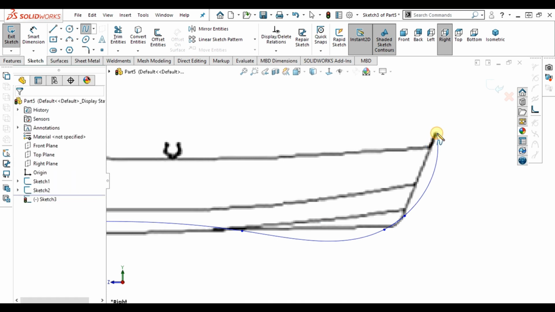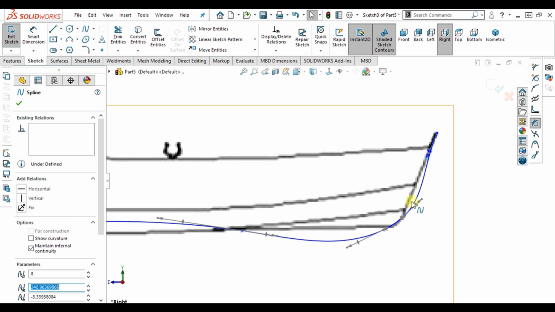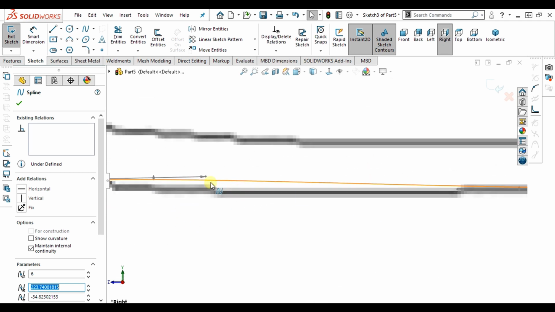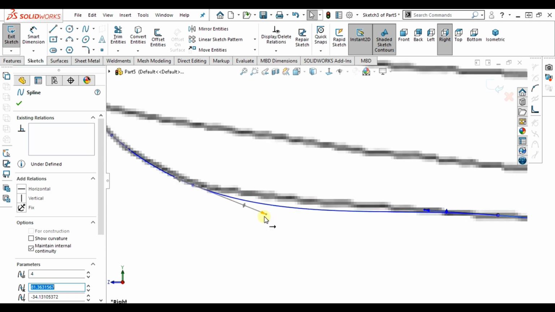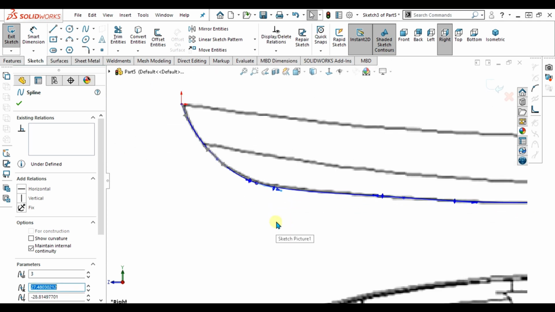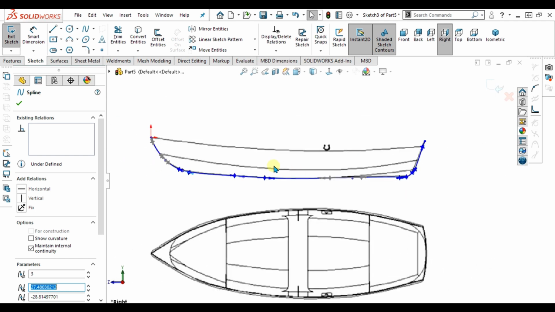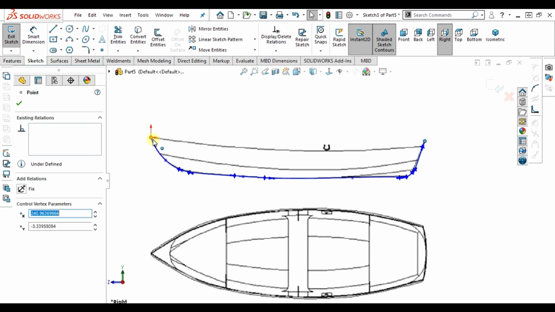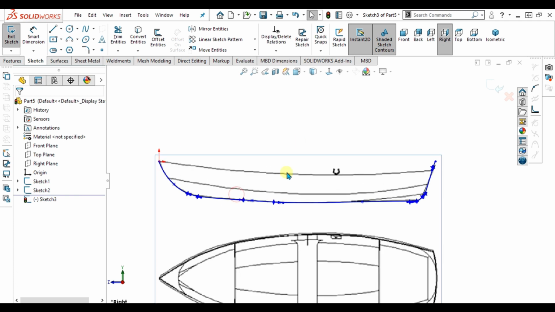Once you have made the spline, you can control it with these controlling points like this. So now you can see that our spline has been traced. If you want to make it horizontal, you can make it like this. So now simply go to exit sketch,